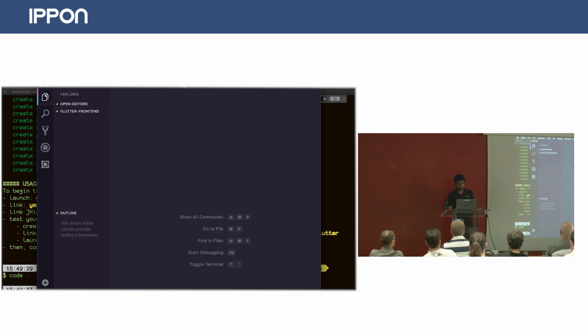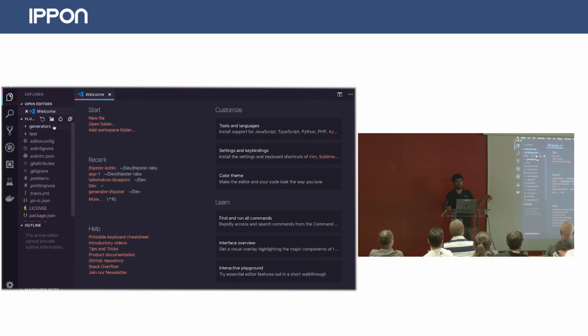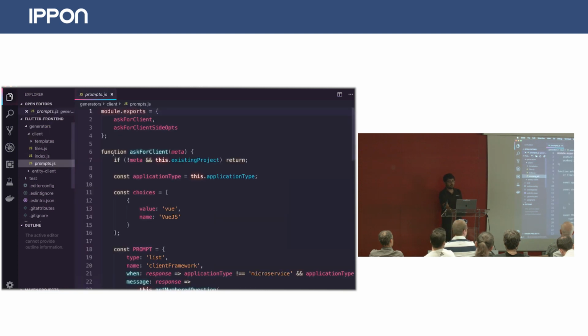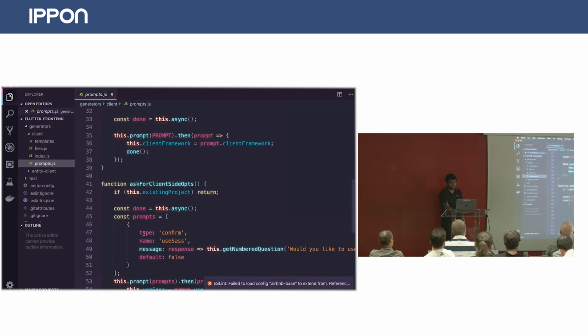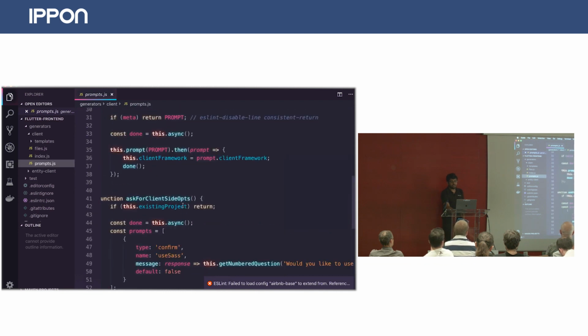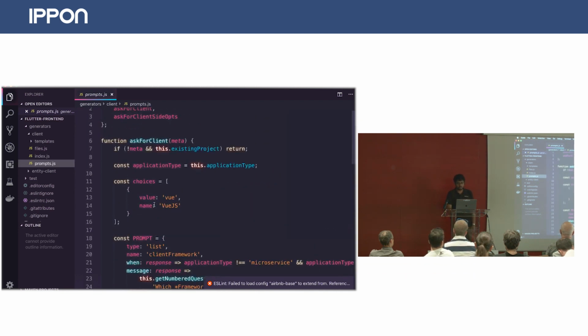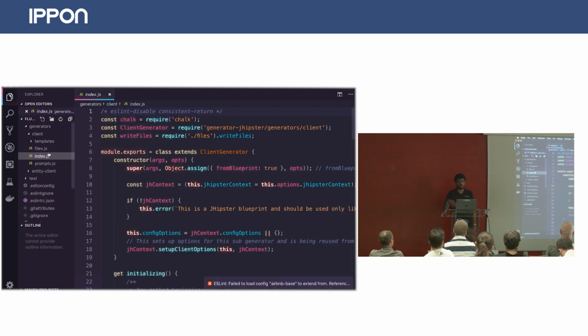So basically what it does is it generates the particular generator folder where my templates will live, and since I've selected only client and entity client, it generated that entity client and things like that. So you just have to go and change these things. And basically here it asks for, it creates all the functions that you want, the prompting and things like that. You just go ahead and use those things.